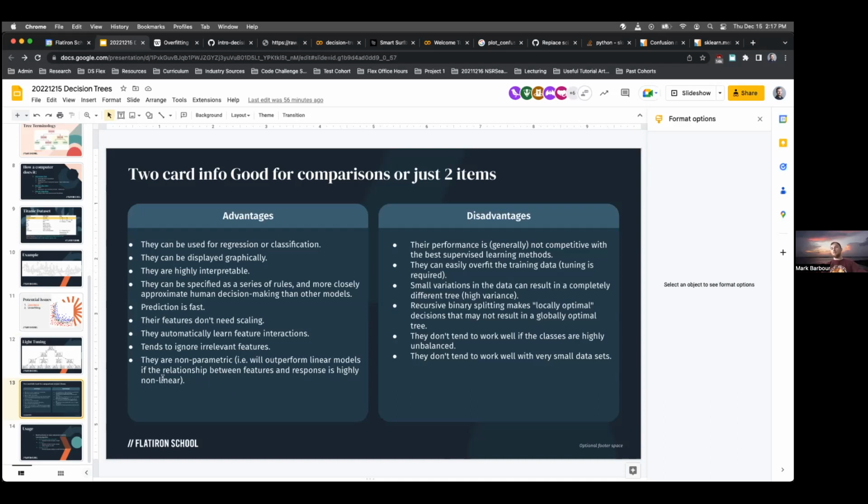And then they're non-parametric. So it's going to outperform linear models if the relationship between features and response is highly non-linear. So again, it's a non-linear model. If you're dealing with a non-linear system, it's going to perform better than a linear or parametric model. Let's see here. Disadvantages. Their performance is generally not competitive with some of the better, more modern supervised learning methods,